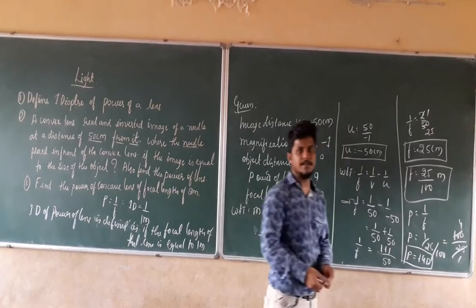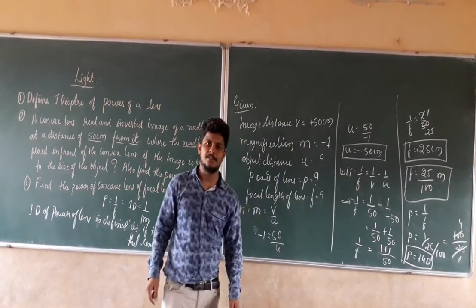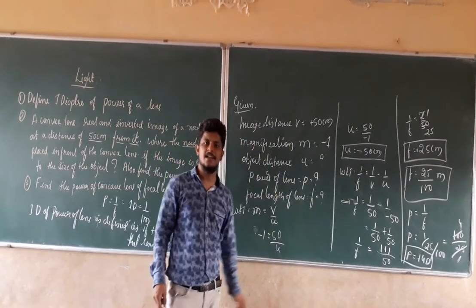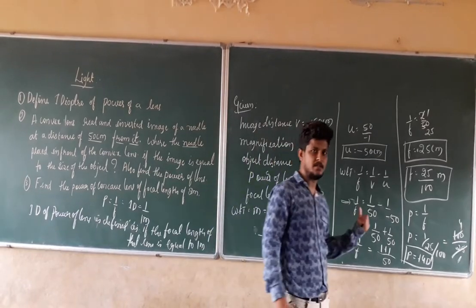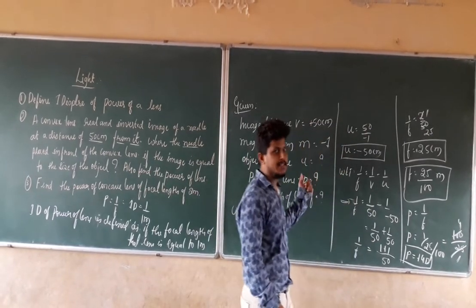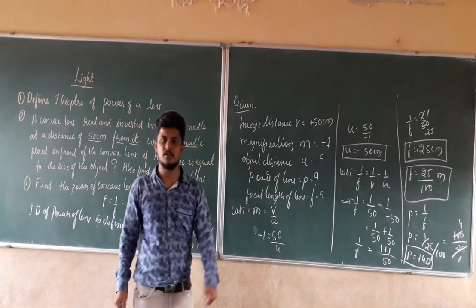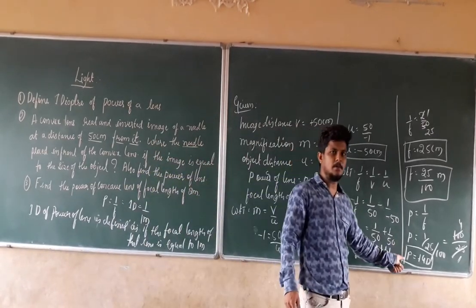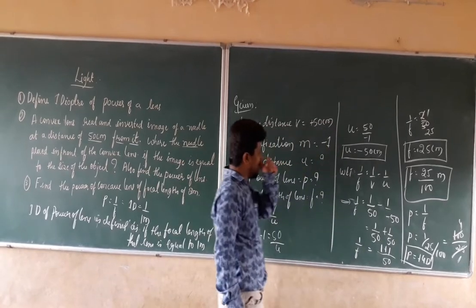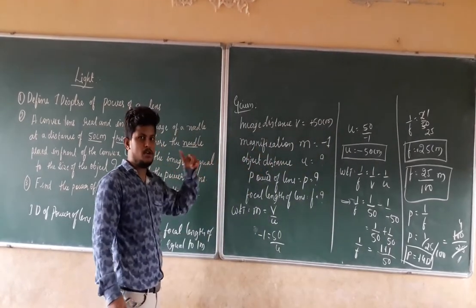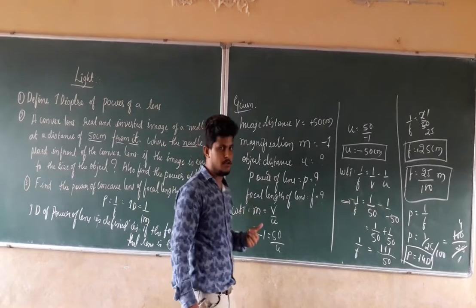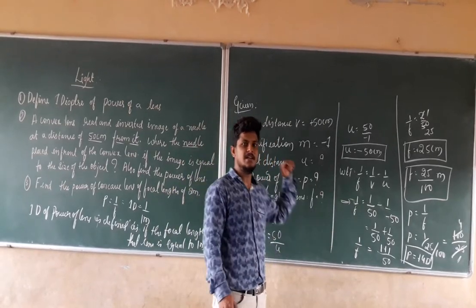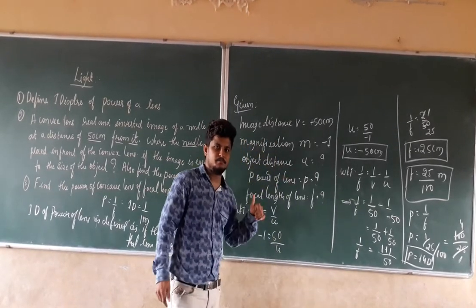P is equal to how much? It is equal to plus 4 diopters, which is the power of the given lens. That is nothing but plus 4 diopters. Why positive? Since the lens is a convex lens, a convex lens is always going to have positive power. Right? It is equal to plus 4 diopters. So our answer is that the needle is going to be placed at 50 centimeters from the lens, and